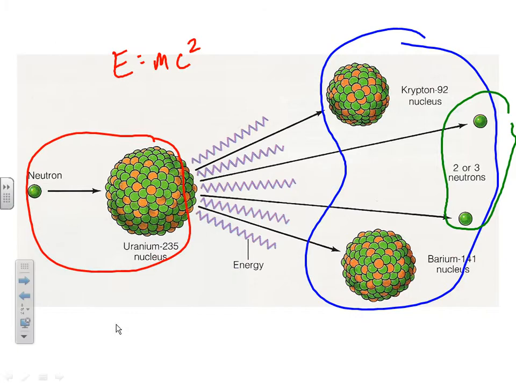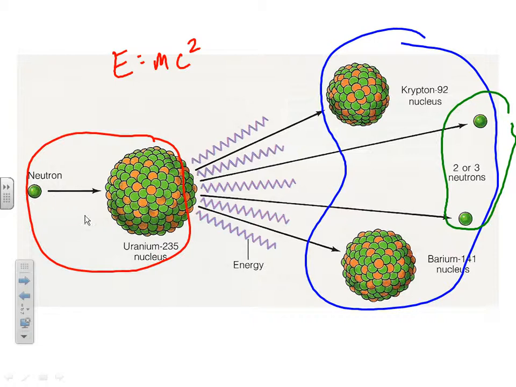Okay, so scientists start realizing that if we do this on a one atom basis, the amount of energy that's released really isn't all that great. But these two or three neutrons become important because this whole process starts with one neutron